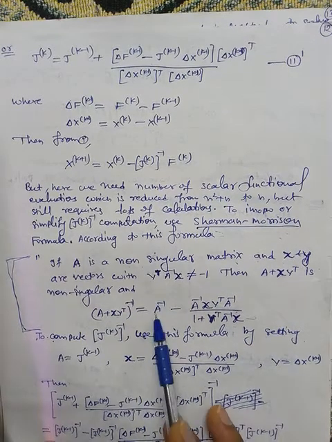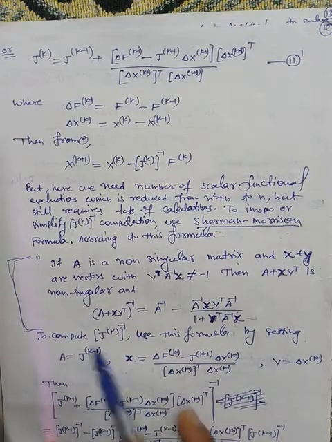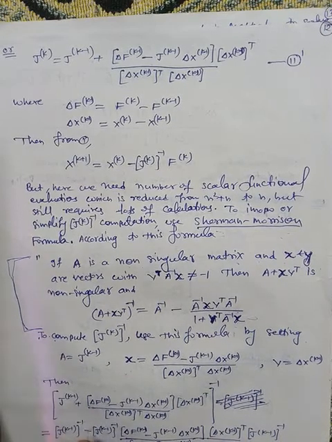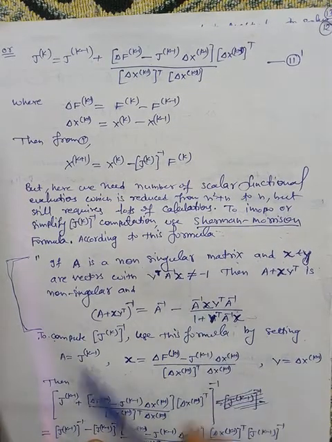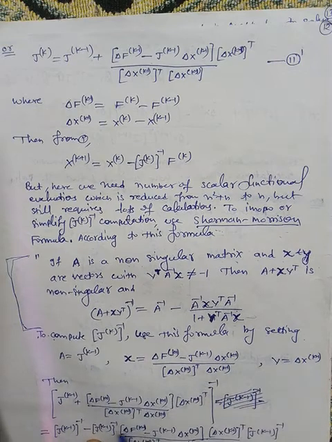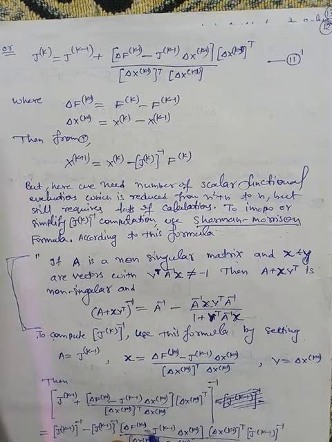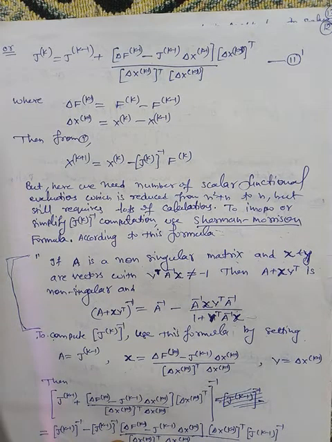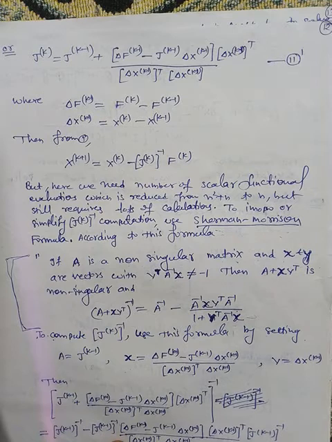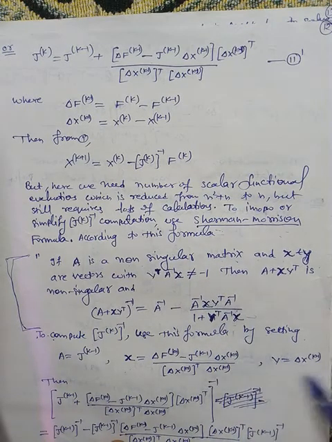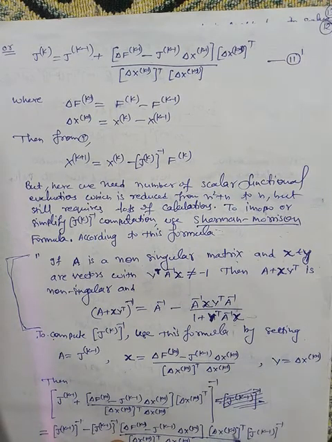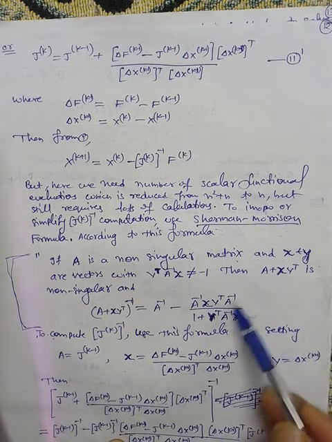This is equal to A inverse. A inverse is the inverse of this, so Jk minus 1 minus A inverse. A inverse means the inverse of this quantity, Jk minus 1 inverse. Then x. What is x? X is this quantity, delta fk minus 1 minus Jk minus 1 delta xk minus 1 divided by delta xk minus 1 transpose delta xk minus 1. Then this quantity, and then we have y transpose. Y is this, so its transpose is this, delta xk minus 1 transpose. Then we have A inverse.